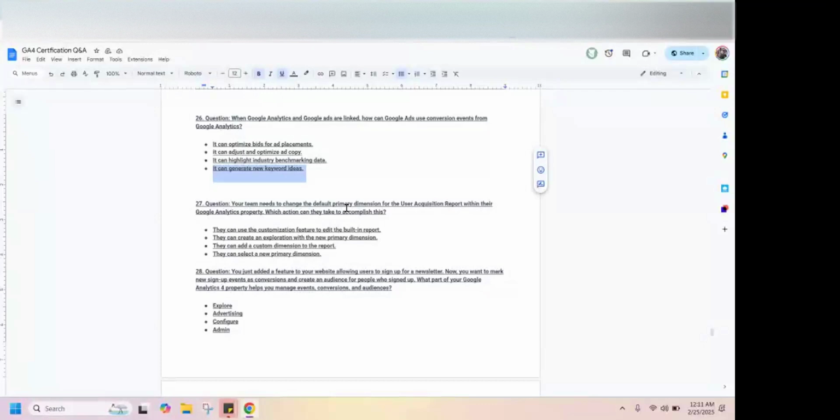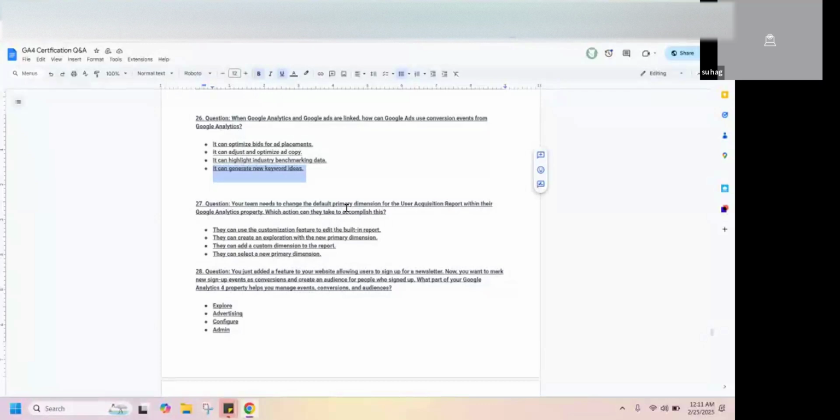Okay. So if you take this conversion event from GA4 to Google Ads, then Google Ads can realize that this is your main goal or conversion event. So that's why it can spend your money so that it can bring conversions after spending money.